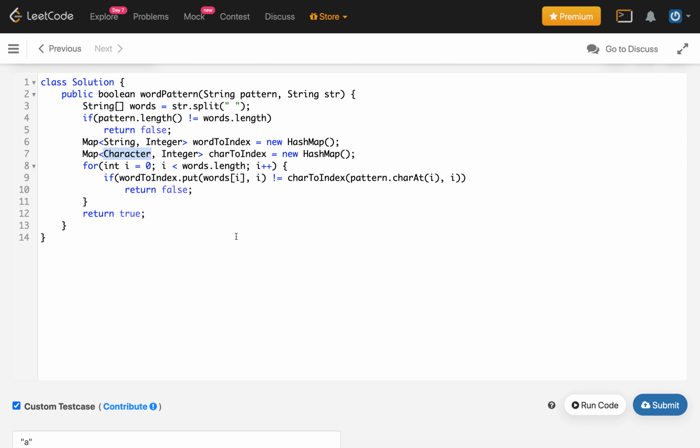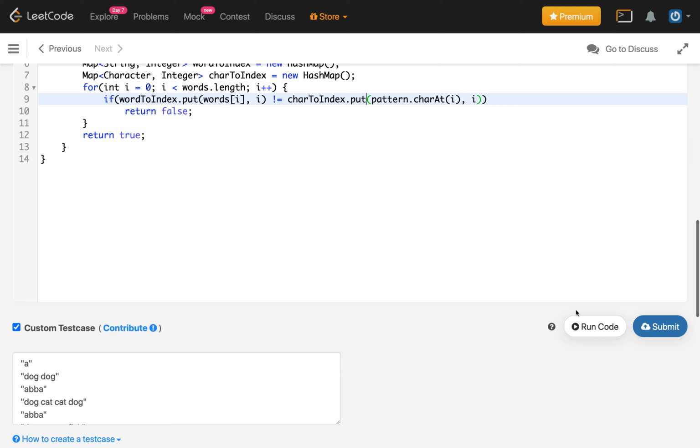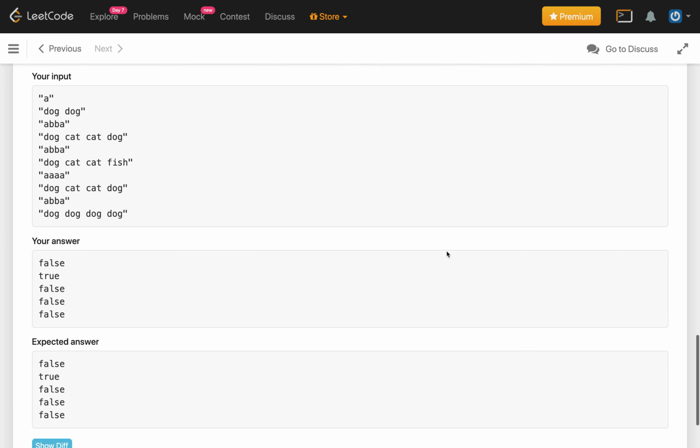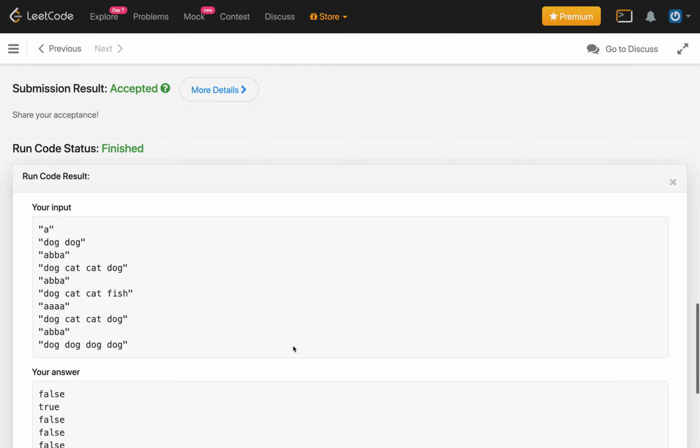So this is character, integer is correct here. We are adding words as i here, and this should be a put method. So we need to put the values here. Hope it will compile this time. Yeah, it's compiling and we are getting the correct answer as well.